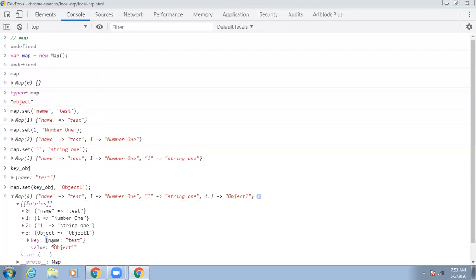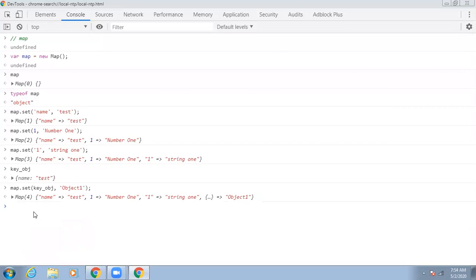Key is representing as an object only. It is not representing as a string, whatever we have seen earlier. Which means that map is not trying to convert every key into a string. It is not going to convert to strings before storing it, whereas an object is going to convert to strings. Okay, so that's the most important one which we have to understand.